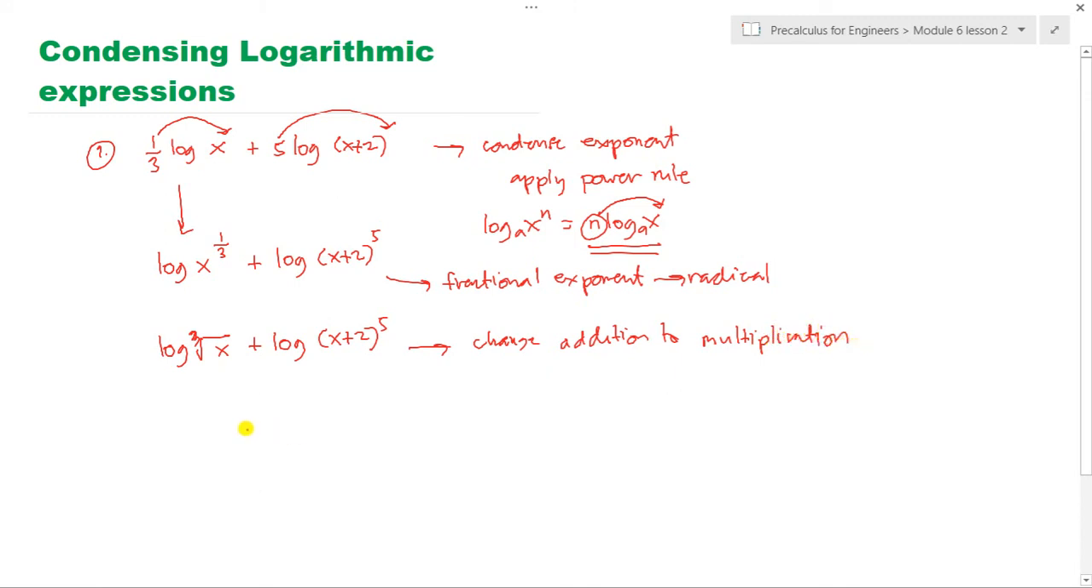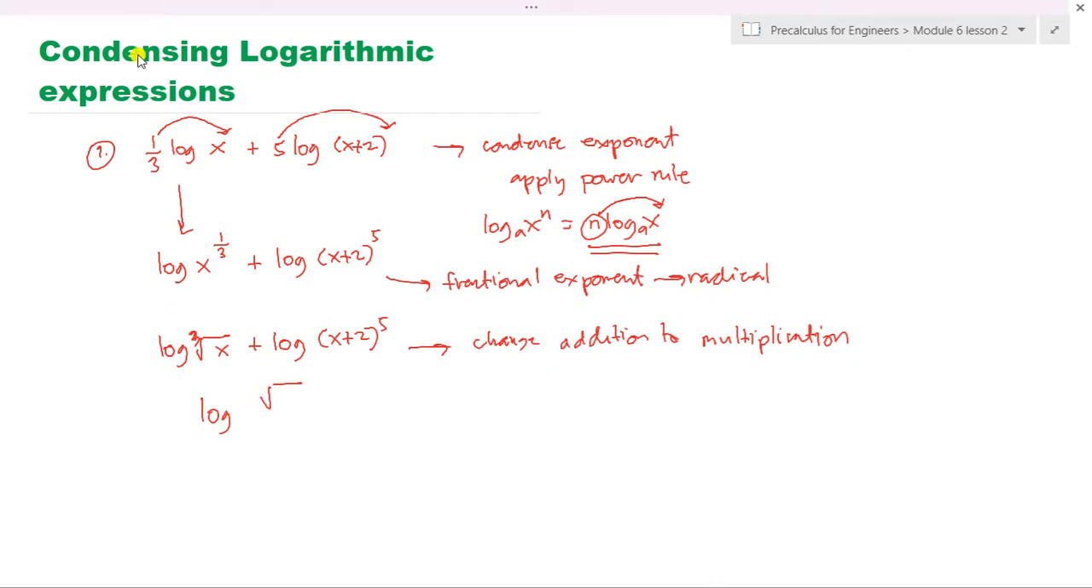Ang sagot ani sa property na ni, kung nag-add ka og duha ka logarithm, the same sila. Maka-add ka og logarithm, maka-condense ka og logarithm kung same sila og base. Bisan di sila same og expression, basta same lang og base. Since same sila og base, we can just say this one is the log of,